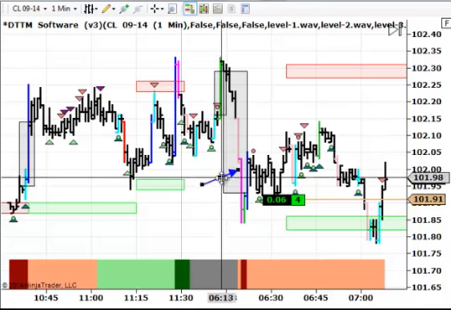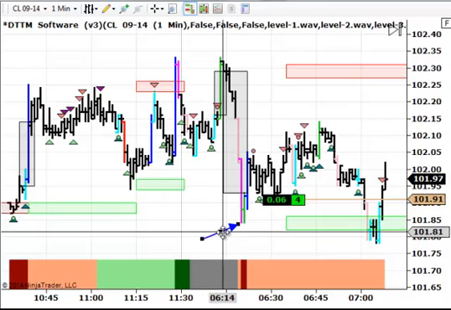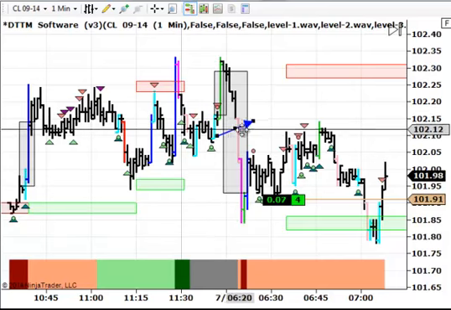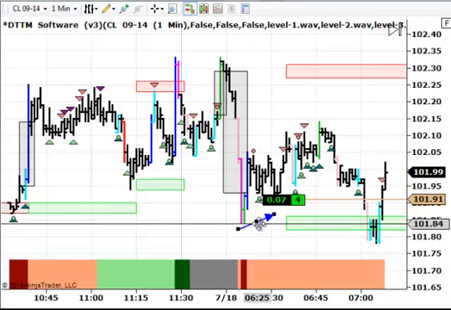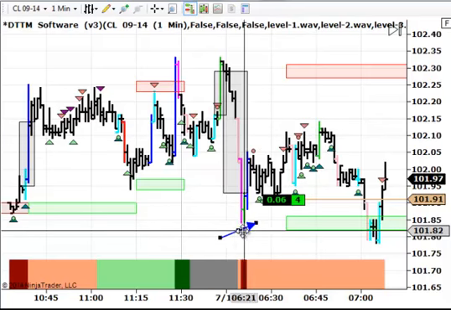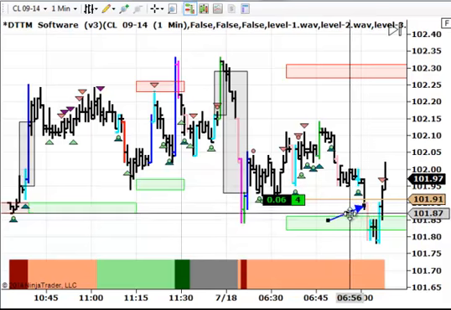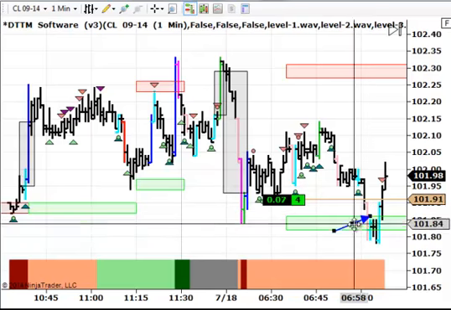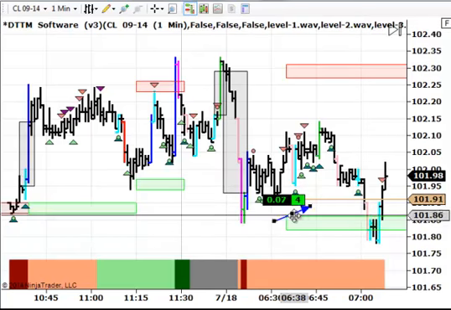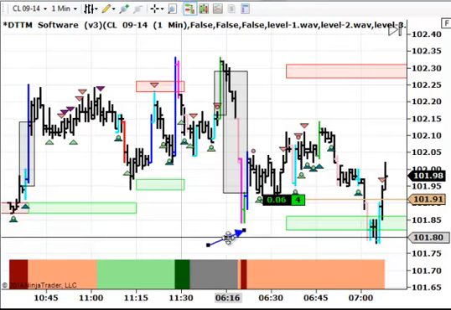This is what it did very early in the session. Came down and formed that low. Then had a pretty good bounce, approximately halfway or so of that very large black area, which is what we call a high velocity move. Then when it came down here, it did so with a level 1 selling bar after sort of a mini